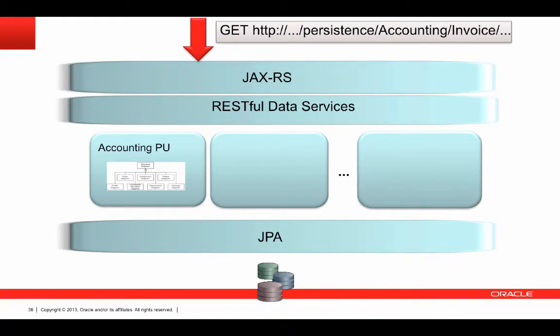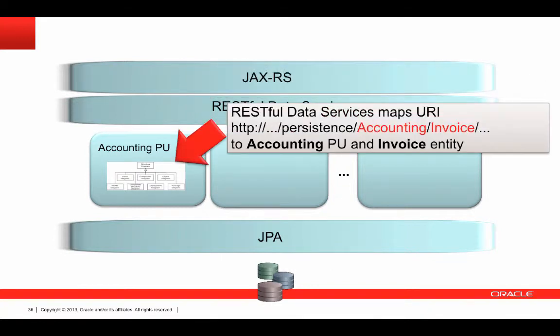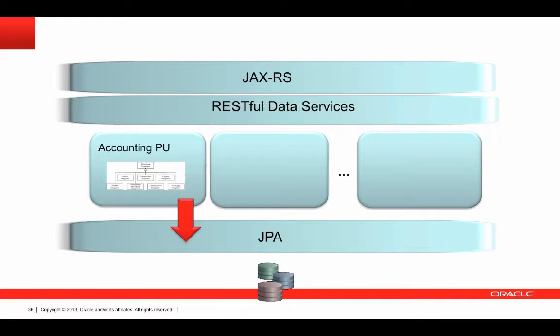So now when I make a request using a very similar URI structure, and we'll talk a little bit about what this URI looks like later, we get a request in for a RESTful resource. Now the RESTful Data Services layer takes all the operations with this persistence root and processes them. So looking for the next level of the URI, I see that I have an accounting persistence unit, and then within there I may be looking for an individual invoice to do a get or find operation, which translates into a JPA call, retrieves the object from the database,